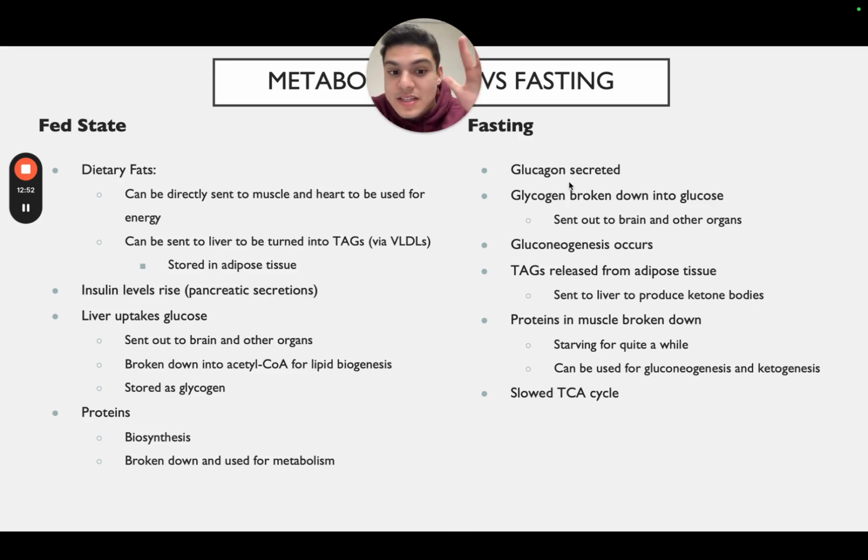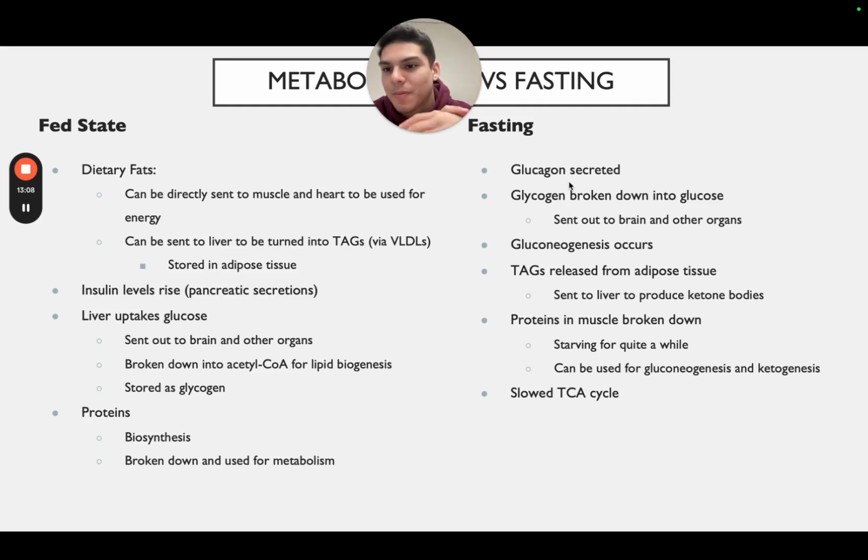Number 5 is that proteins in the muscle are broken down. This is where we're starving for quite a while. We've been using ketone bodies for a bit, and essentially proteins can be used for gluconeogenesis or ketogenesis as well. And again, in the fasting state, we have a slow TCA cycle because we just don't have